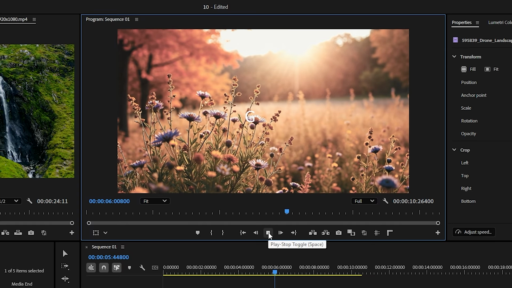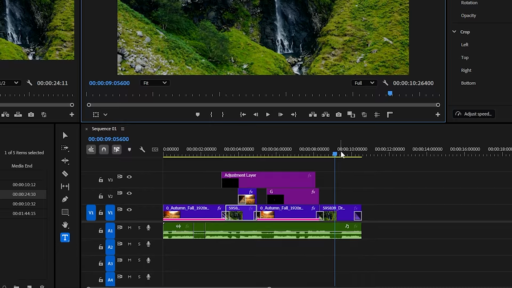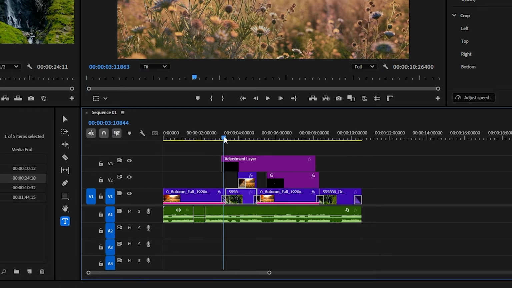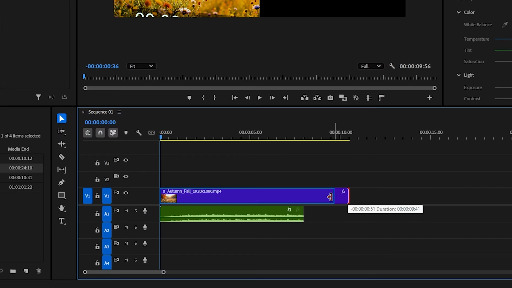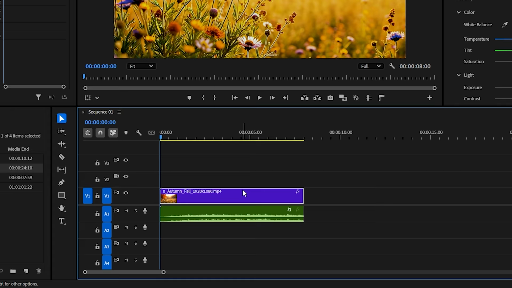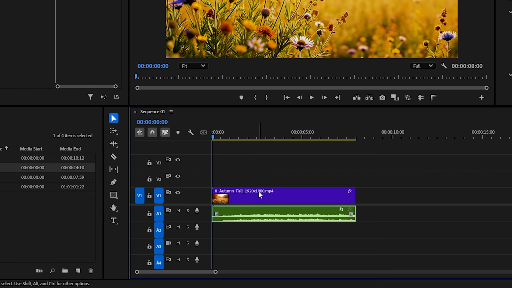Let's go through 5 hidden Premiere Pro features that completely change your workflow when you know how to use them properly. Replace footage without losing edits. One of the most frustrating things in editing is realizing you need to swap a clip after you've already trimmed it, added effects, or synced it perfectly with music. Most beginners delete the clip and start over, but Premiere has a hidden feature that replaces footage instantly without touching